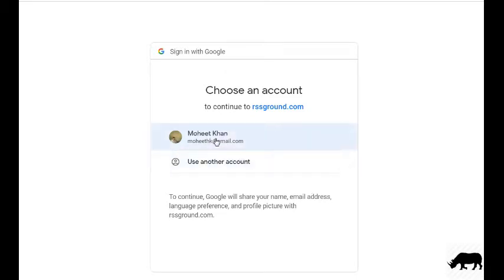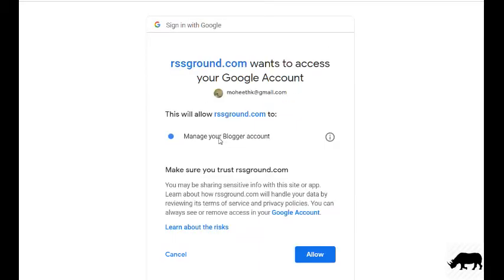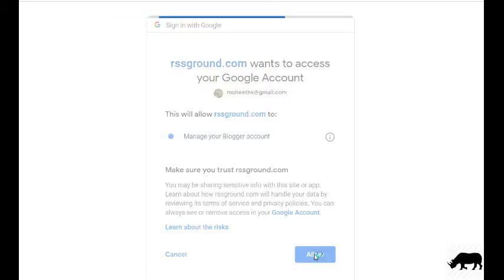I'm going to click on my email and my name. If you are not signed in already to your blogger, please sign in, so you will get this screen. Here you select allow the RSS ground to post on your behalf to your blog. Permitted.